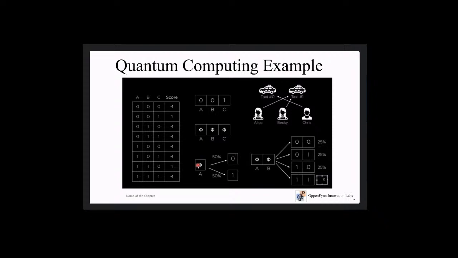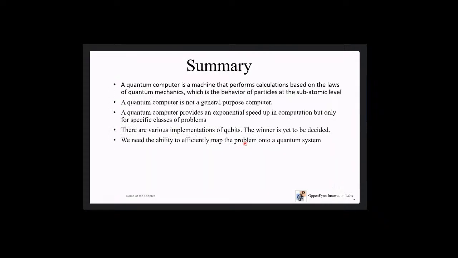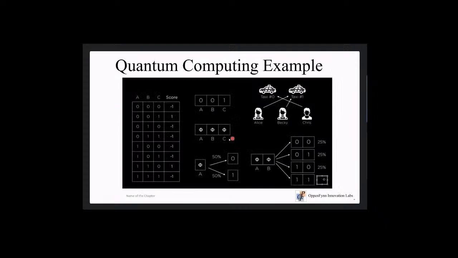Now, when you mean 0 and 1 like this, essentially it means that there's a 50% chance that the bit is 0, and there's a 50% chance that the bit is 1. Similarly, when you have a combination of 2 bits like this, there's a 25% chance for each of these values. So when a quantum computer solves this problem, the way it would do it is,